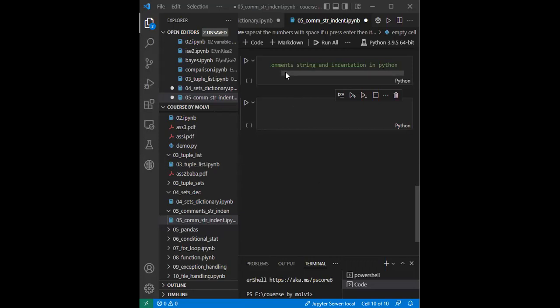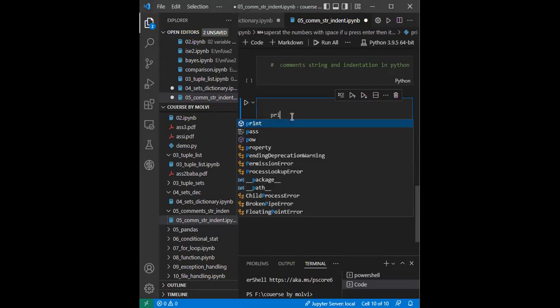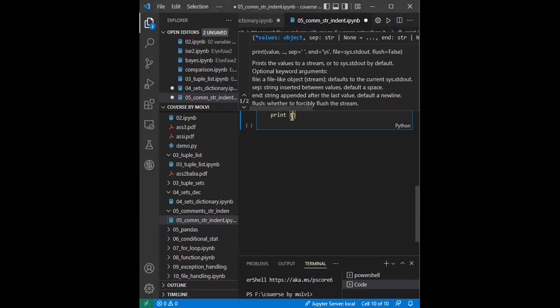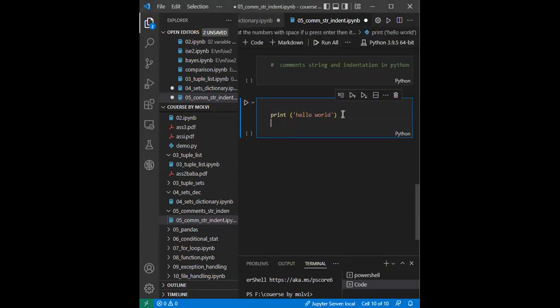So why are we commenting the document in code? Suppose I'm writing here print and say hello world. By looking at this print statement, we know that I'm writing hello world. But if some other person is reading my code and I write here hello world